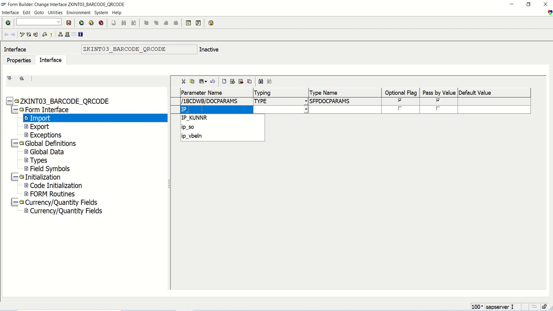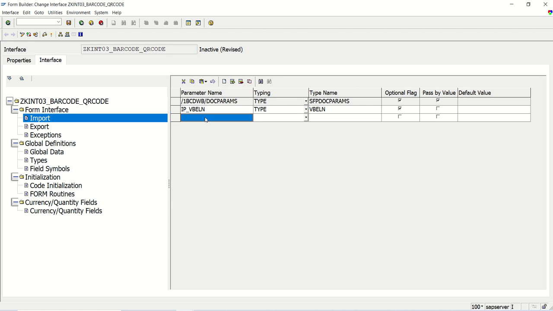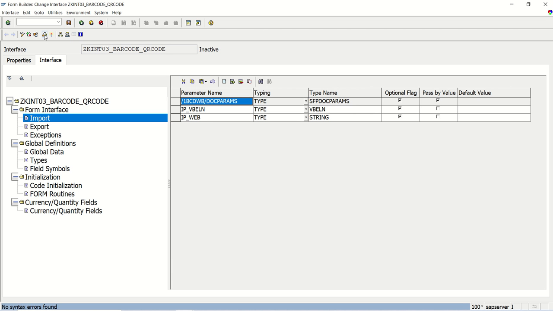So I will take the input as, let's say, the sales order number, IP_VBELN of type VBELN, and one more field, the website name, let's say IP_WEB of type string. Save, check,